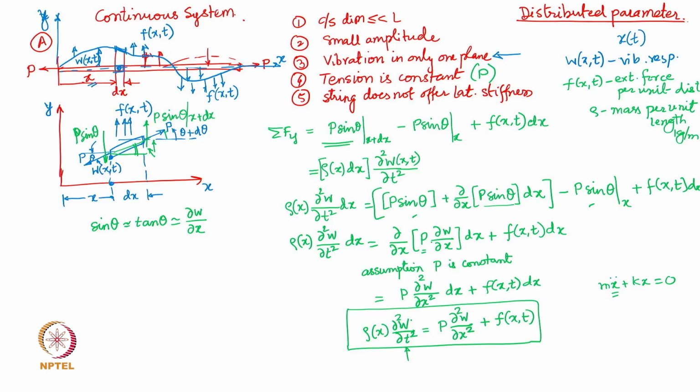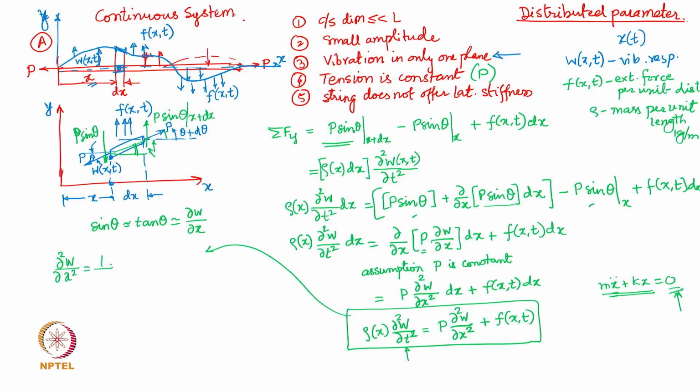Now to get going, it is natural to assume the way we have done in a discrete system case as well. In the initial phase, for finding out the natural frequencies and mode shapes, we set the external force to 0 and then start solving the governing equation of motion for a free vibration case. And so obviously, if we get the external force out of the equation,